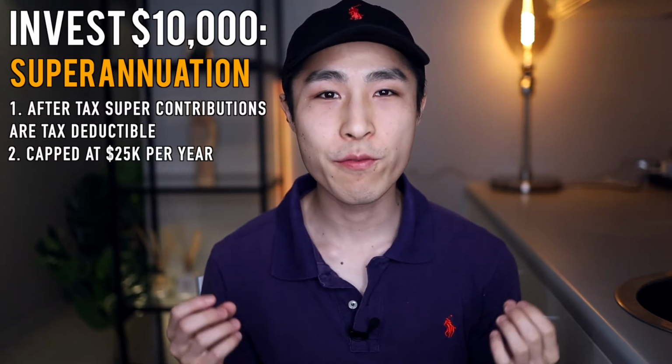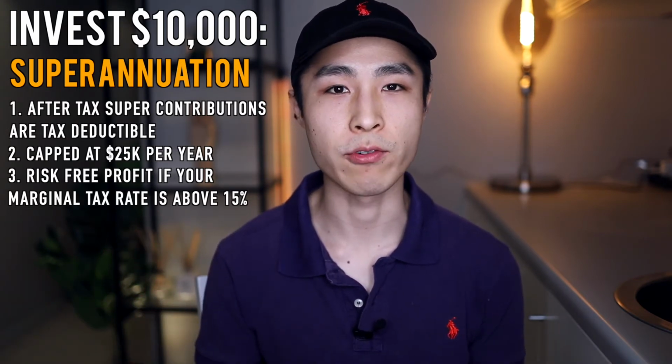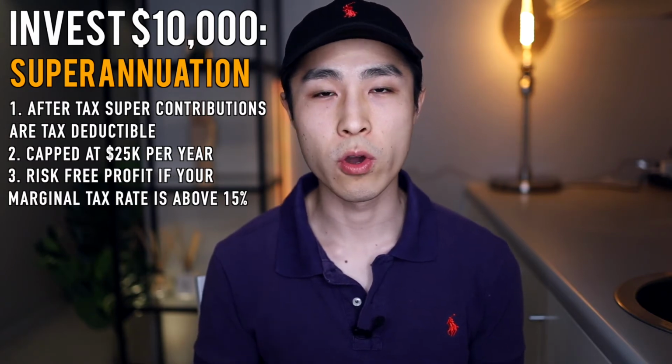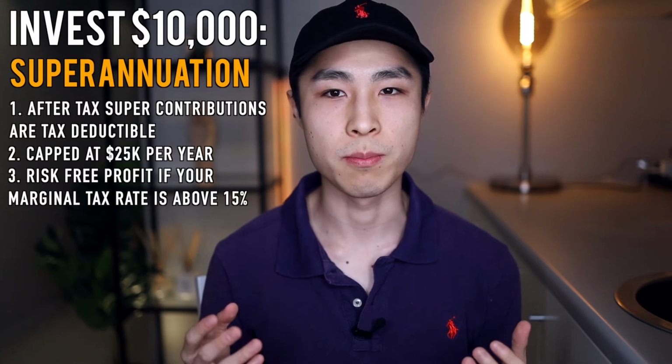So it's basically free profit for anyone whose marginal tax rate is above 15%, which will be most people who have an average sort of job. And you know how much I love free profit. So for example, if you're earning $80,000 a year, you would already be getting compulsory superannuation payments from your employer